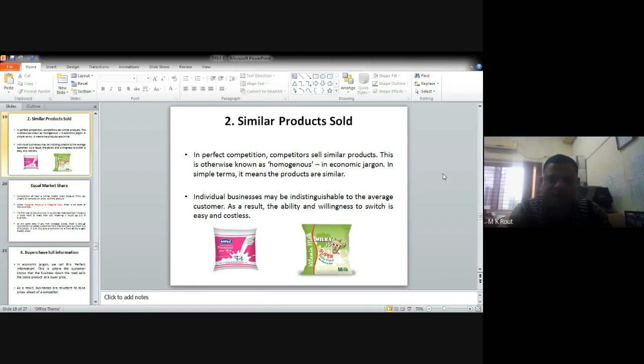If you see the scenario in the case of automotive companies or two-wheeler companies, the specification of a bike from Bajaj, TVS or Hero are equally the same, or very much equivalent. But they will provide various abilities or willingness to attract more potential customers. That is the most important thing. So moving to next one,